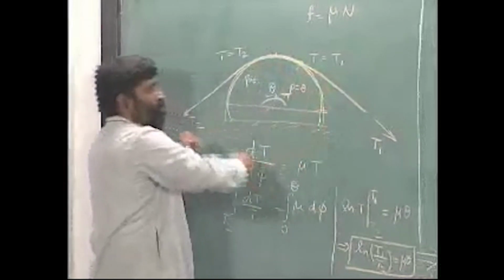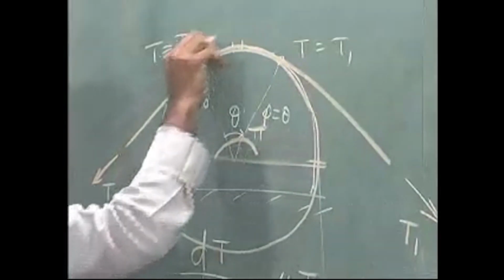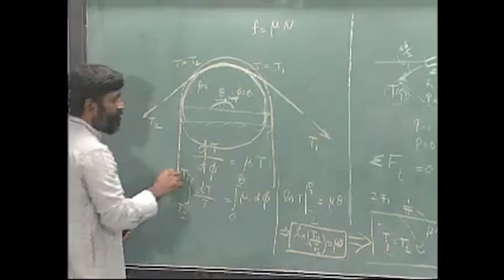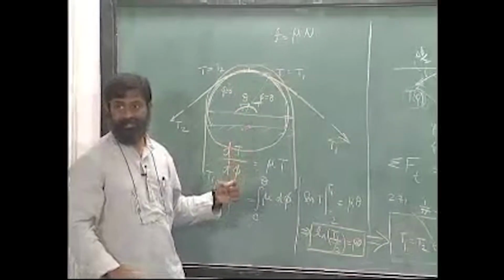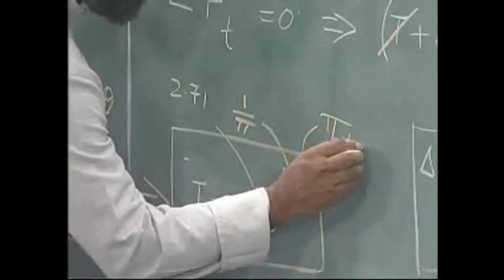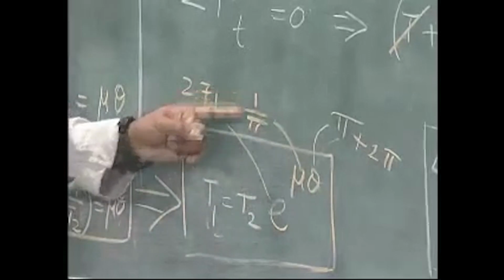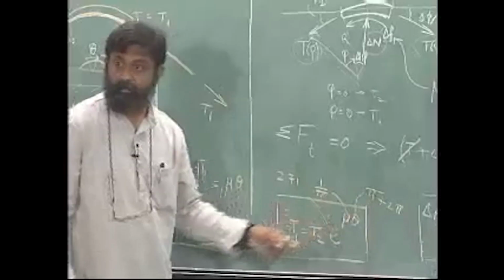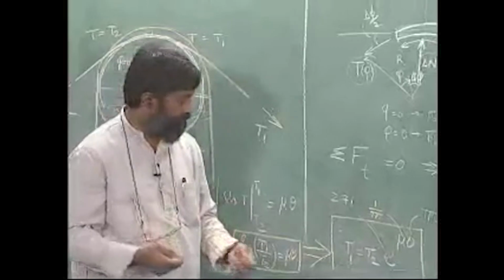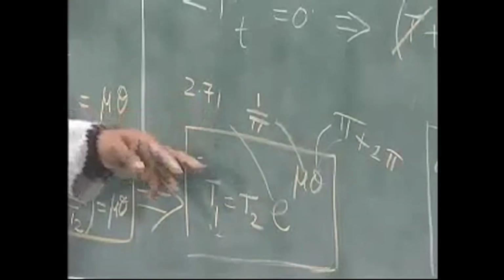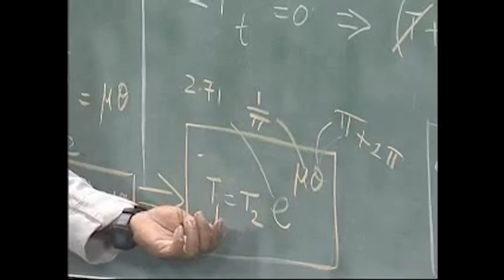If I take one more circle before going like this, for example, I take one full rotation and again bring it back over here, then this θ will now be 2π plus π, which means 3π. That means e raised to 1/π times 3π, which is e raised to 3. e raised to 3, which is 2.7 raised to 3, is roughly around 20, which means T1 is 20 times